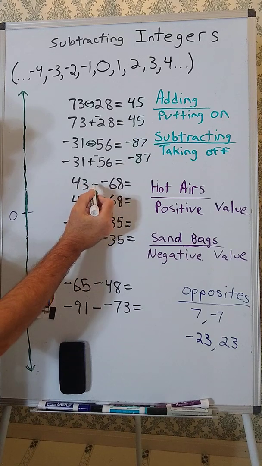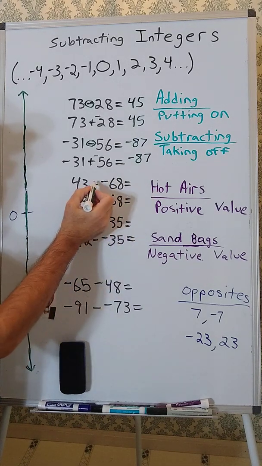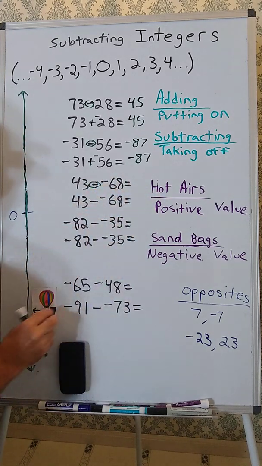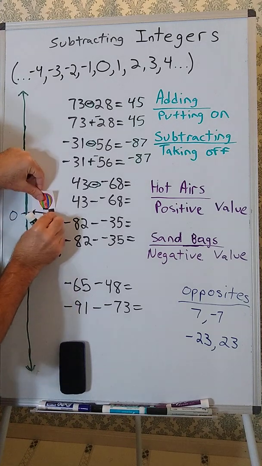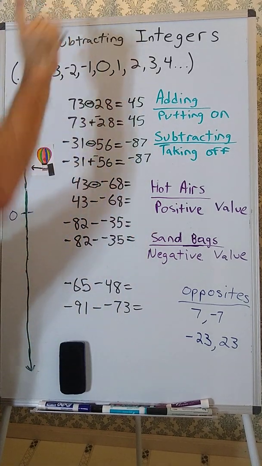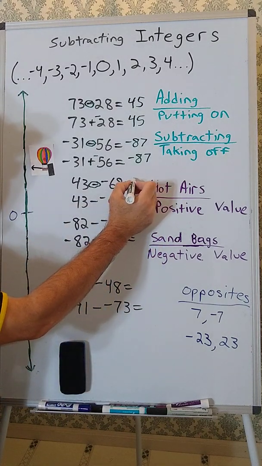Okay, here I have 43 minus negative 68. So I'm taking off sandbags. What is the balloon going to do if we take off sandbags? Well, it's at 43. If we take off sandbags, the balloon's going to get lighter, and it's going to go up. And then in this case, it will end up at